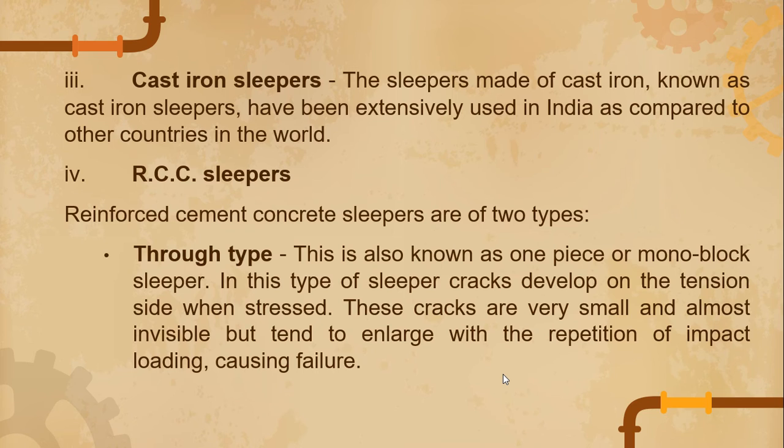Since trough type siya, so ibig sabihin nandun siya sa may likod. So, nagkakaroon siya ng tensile stress sa dalawa na yun, and magkakaroon siya ng mga crack. And yung mga crack na yun, hindi naman siya sobrang laki, almost invisible naman sila. Pero syempre, due to workload or sa paulit-ulit na impact ng pagdaan, nagkakaroon siya ng failure.